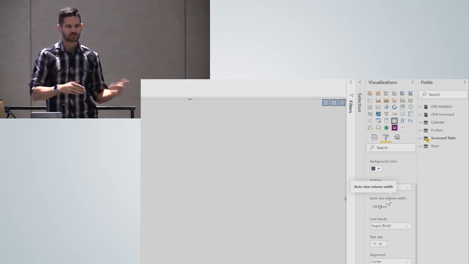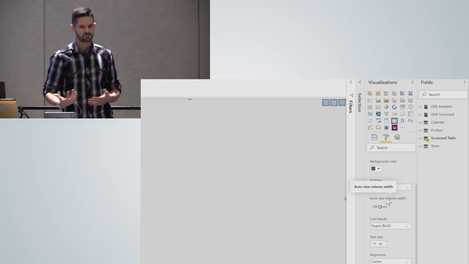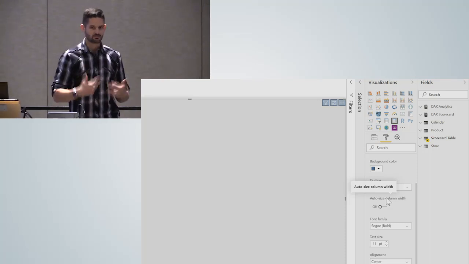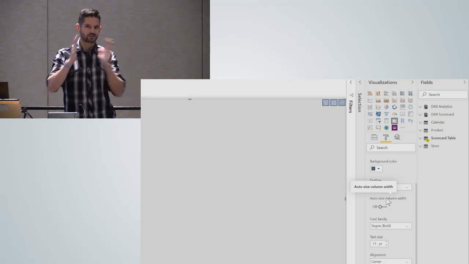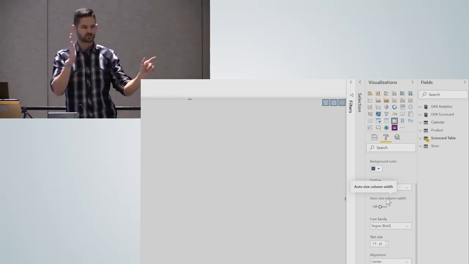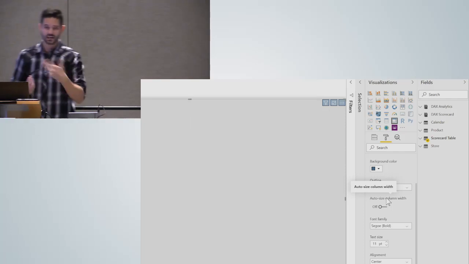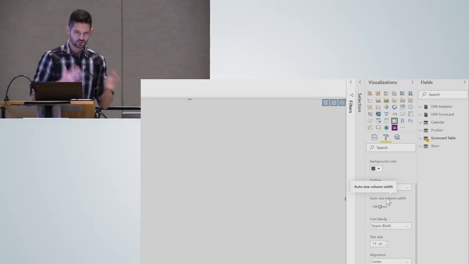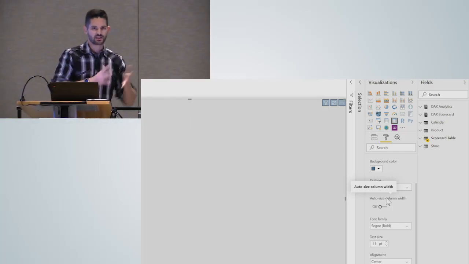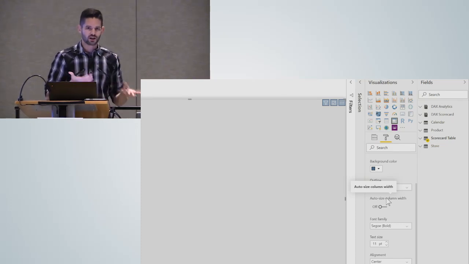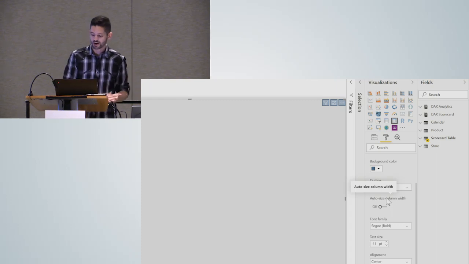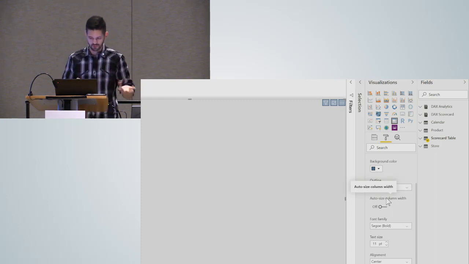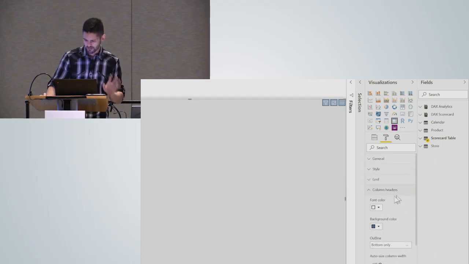I think the number one most common thing that I will fix on a first pass over when somebody hires me to make their reports prettier is getting rid of a lot of scroll bars, because the tables are about 4 pixels too wide and they're stuck with a scroll bar at the bottom. You're going to get that if you have the auto size column width on, because it's going to resize every time the data changes and filters up or down, and it will undo any settings that you have. So it's one of the biggest annoyances that I don't like to use most of the time. If you are still using it, I would recommend just getting rid of that. That's about the only thing that I really want to mention here.